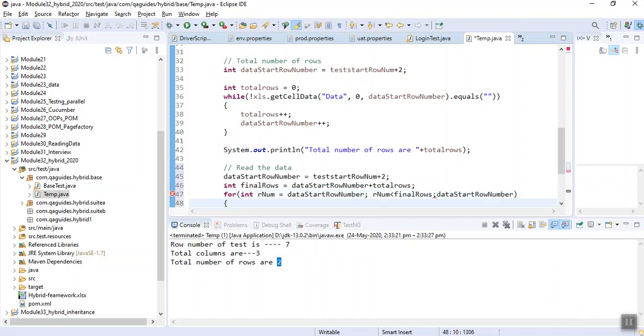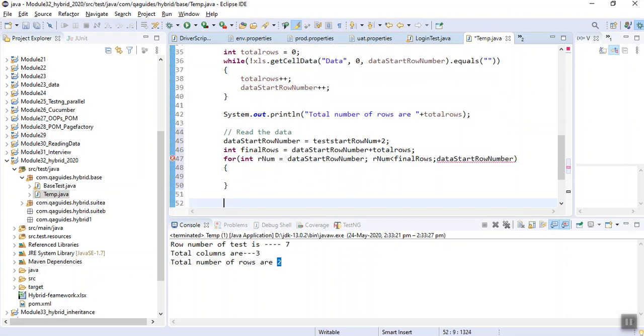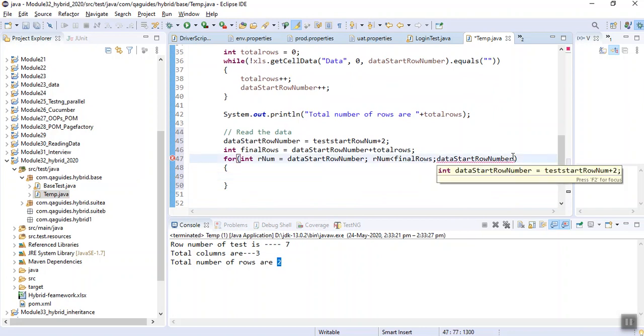Now this for loop will have another for loop. It will be for columns. We have to go row and column. Sorry, it will be r num.